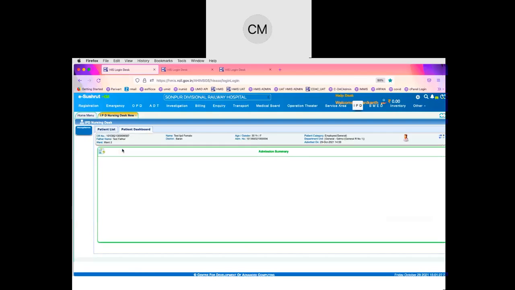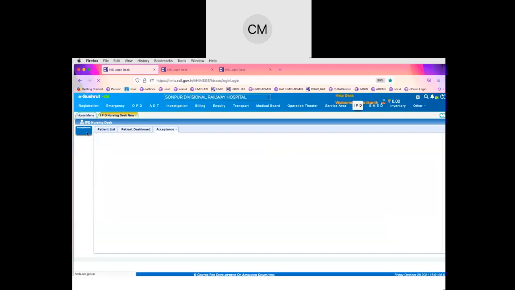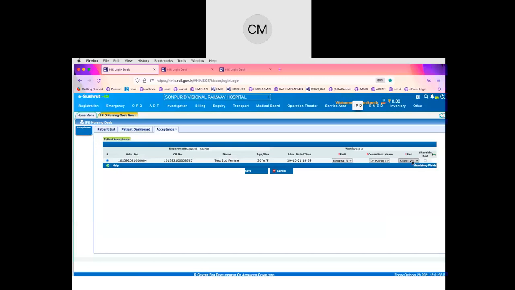We have to click on the patient name. After that, we don't see any other option but the acceptance option on the left, in the blue color box. If you click on acceptance, it will ask to assign the bed. In that particular ward, whatever beds are already configured get listed and we have to choose a bed. After that, if the bed is on a sharing basis, we can also indicate the sharing. Normally it does not happen, maybe in pandemic times like Corona we have such scenarios. So after indicating the bed, we can save the details.